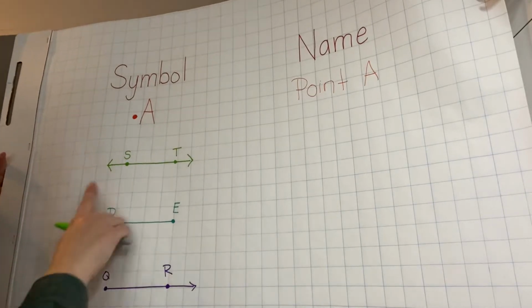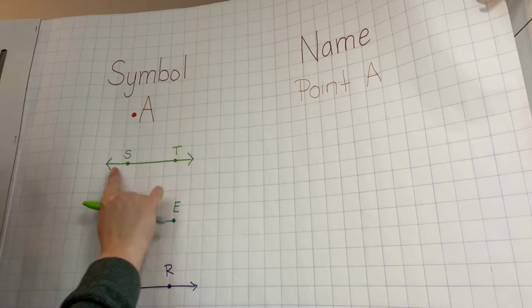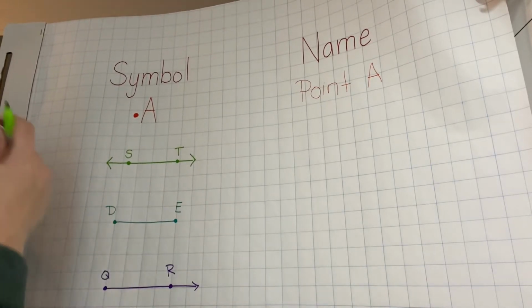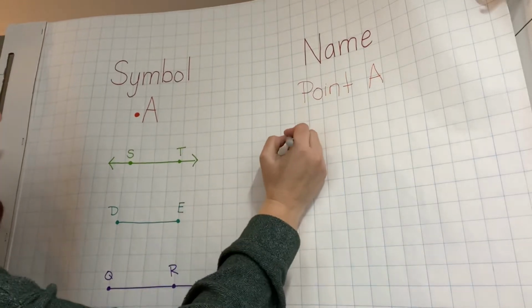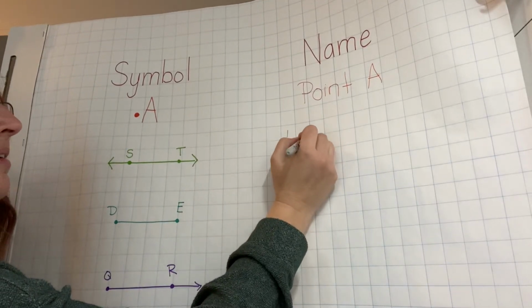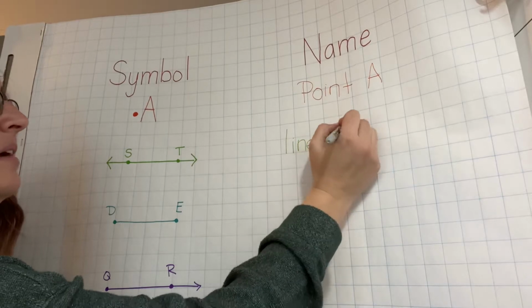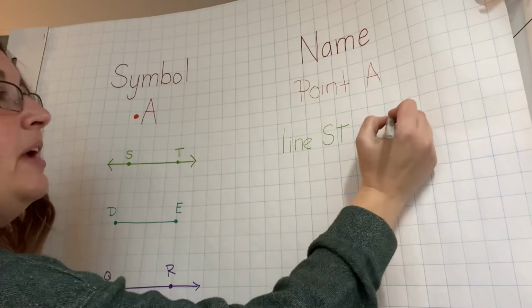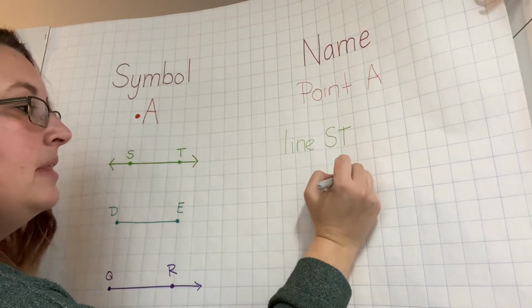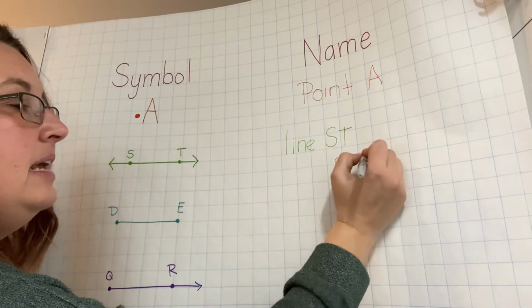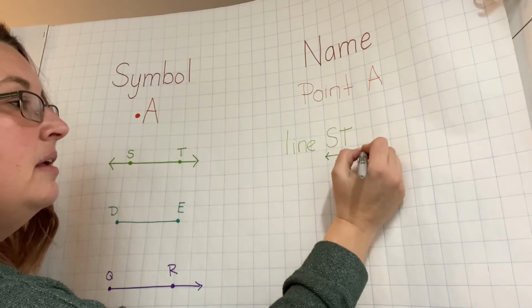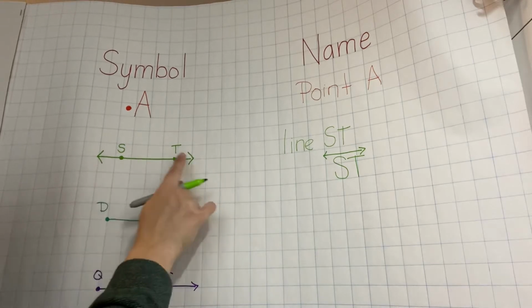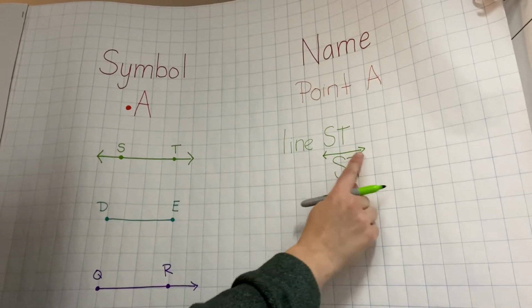Okay, the second example we have is this right here. And if you notice, there is an arrow on each side here. So that means that this is a line. You can either write this as line ST, okay? Or we have a shorthand version of that. You could write the letters S and T with a line above it. Now the key is, if there are 2 arrows on your example, there needs to be 2 arrows on your